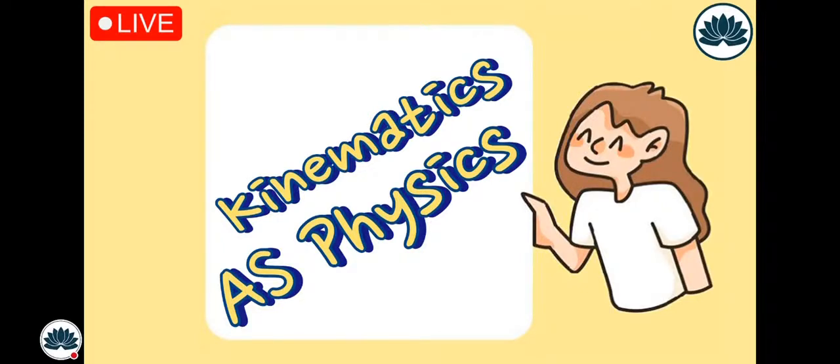But as you know, in A Levels, or the advanced level, there is an extension of the syllabus, or extension of the knowledge. So some things are new in kinematics, such as the new formulas. But do not worry, these are formulas derived from the formulas you have already learned in your O Levels. So start